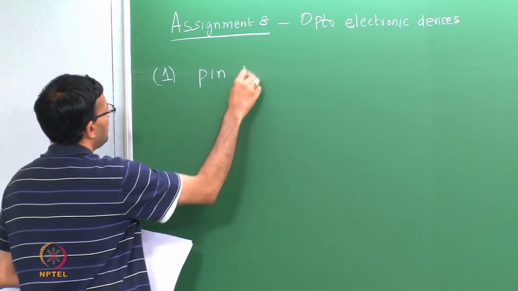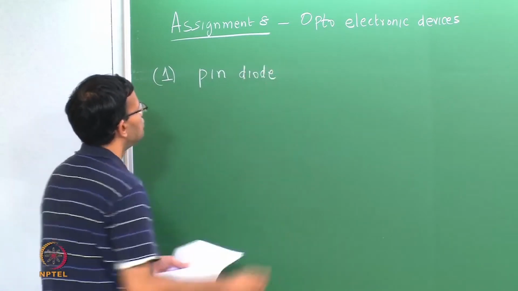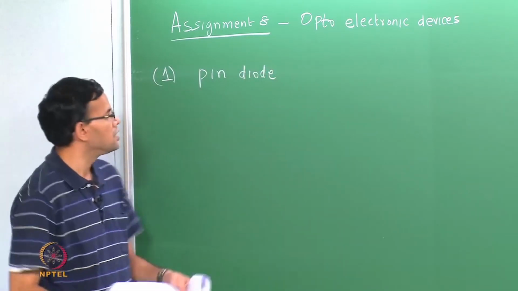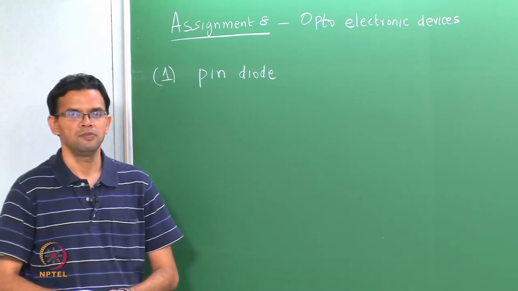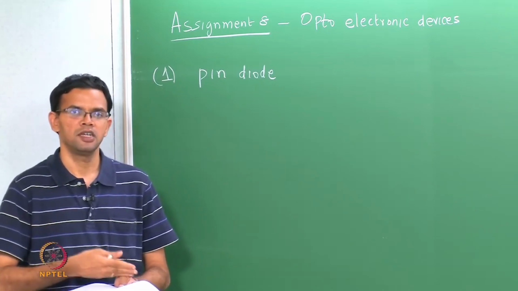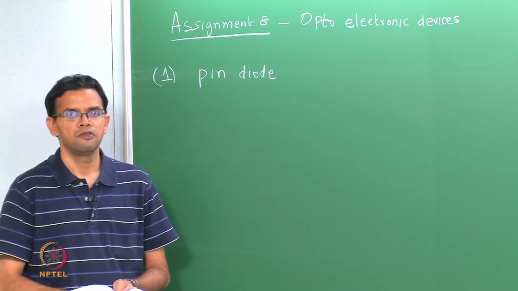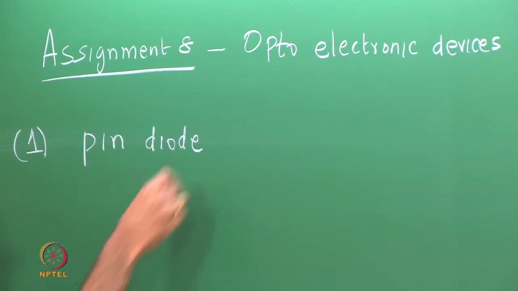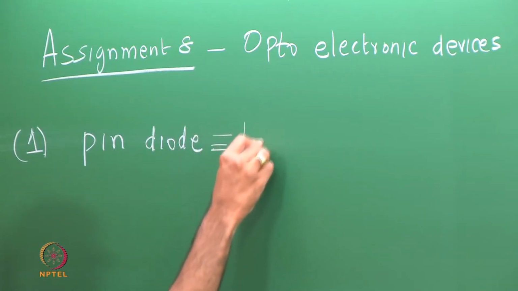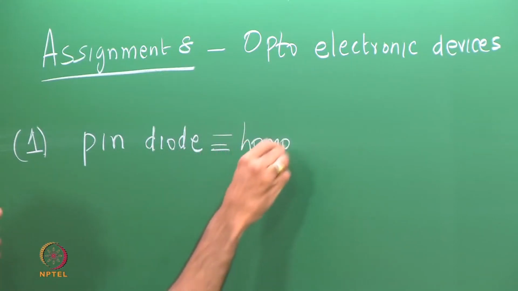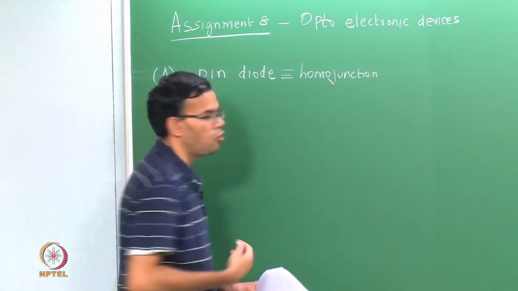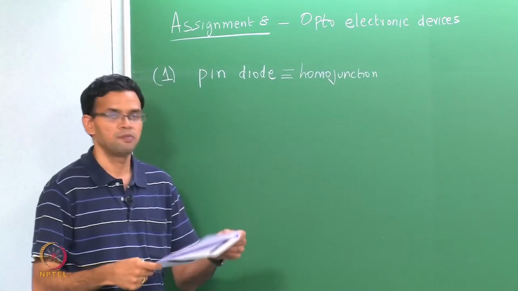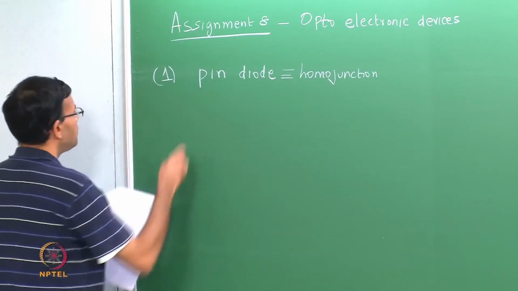So, we have essentially two interfaces, one between the P type and the intrinsic material, the other between the intrinsic and the N type. For simplicity, we will just take this to be a homojunction. So, all the three materials are the same. The only difference is in the doping concentration and the type. So, I will start with the P,